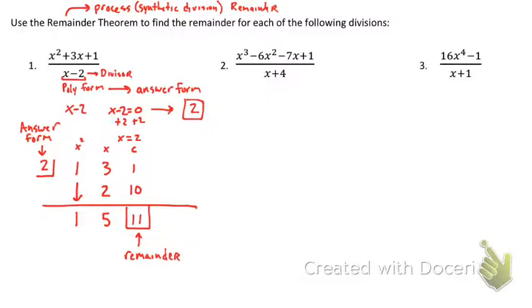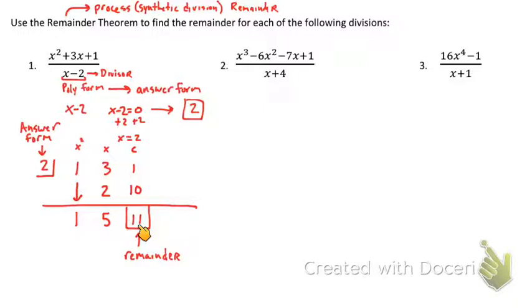Okay? So my remainder in this case is 11. And why is this important to find remainders? Well, we're going to talk about that in a little bit. But the reason this is important is because if you think back to elementary school, when you had a remainder,